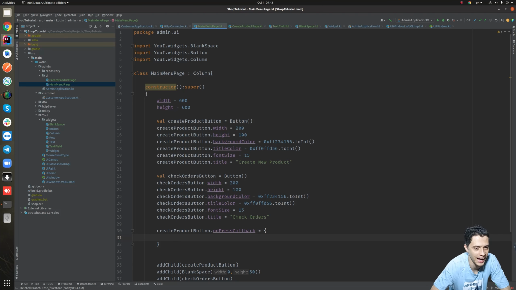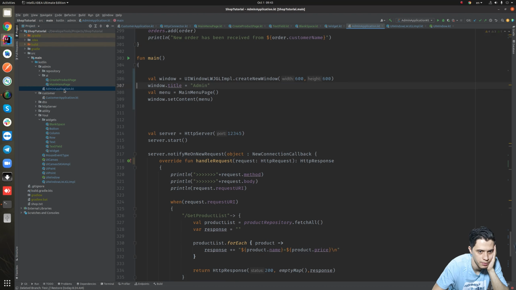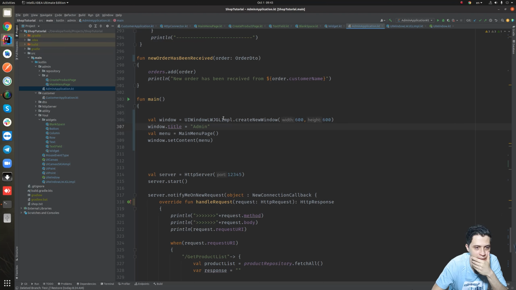But we need a handler to the window here, and we don't have it yet. How can we do that? Maybe in the draw function, or so when